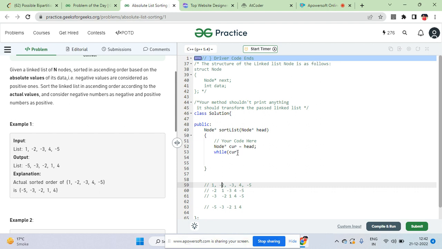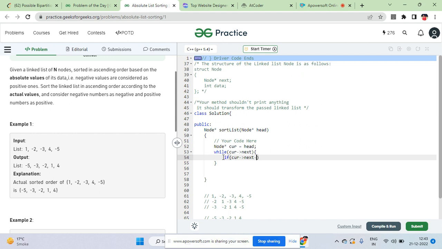So for current dot next we are checking, and we are saying let's store the next pointer of this, basically -2 when it comes over this place. Now how will I say that 1 is pointing to -3? That's why I need the previous one. That's why I'm doing this current connects, or that's why I'm checking if the data of current's next is less than zero, not current's data but current's next's data, because